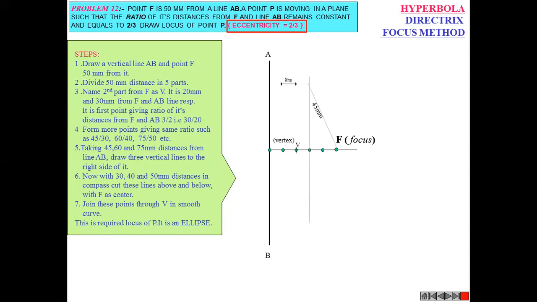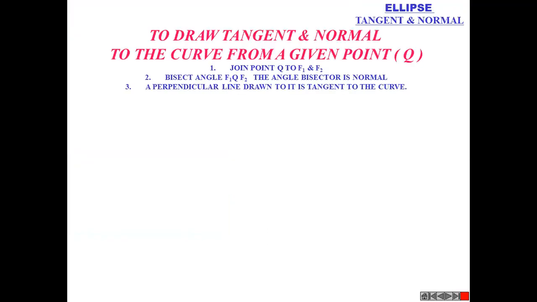Then, in a similar manner as we did for the parabola or ellipse, we can proceed for this. The method remains the same. There is no change at all. Just the value of eccentricity will change the graph. That's it. Or say it is the curve which gets changed by changing the eccentricity.